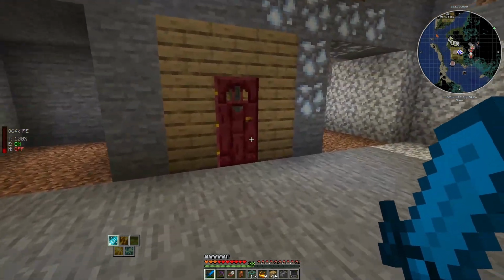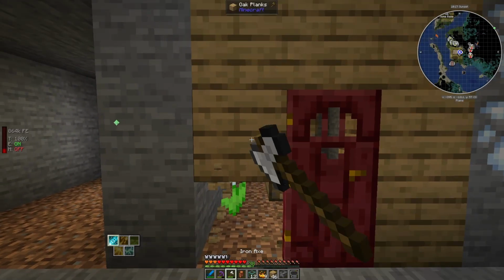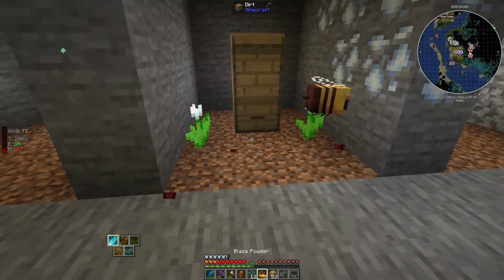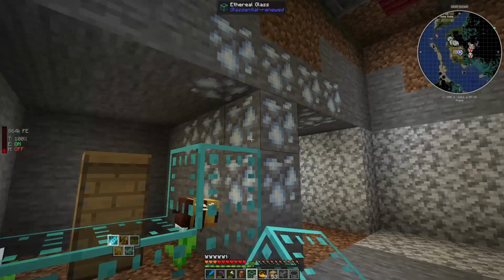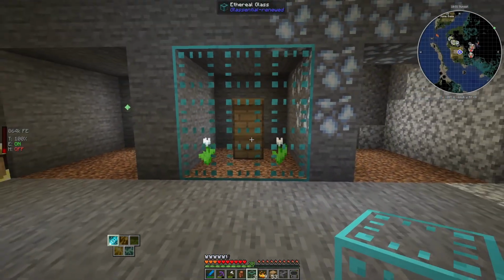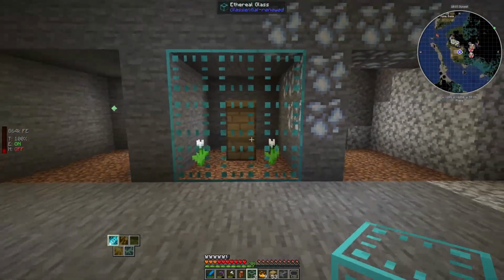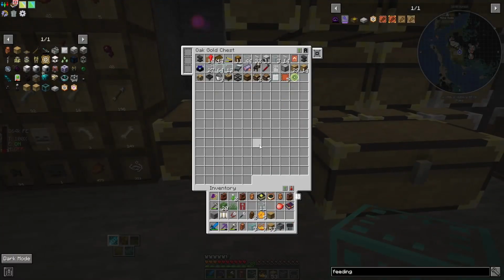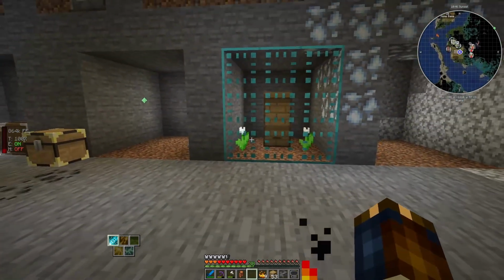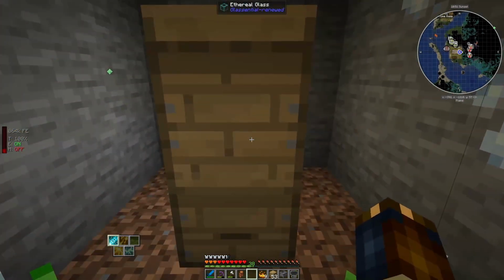Ethereal glass is really nice because it has this great property of you can see through it, you can walk through it, but mobs and creatures and things like that cannot. So if we place down the glass, like so, now we can see through here and then we can walk through it, but they cannot. So this is a really nice glass to be able to use. And really, this is like the basics for bees. I mean, get this, get these going, come in here,